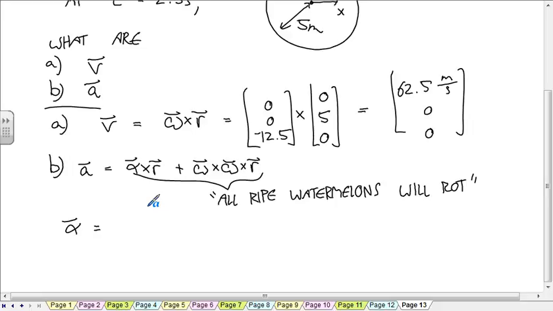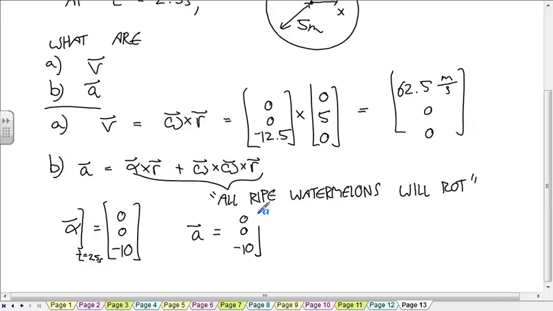And so you get 0, 0, negative 10. That's evaluating this at time equals 2.5 seconds. And so the acceleration is 0, 0, negative 10 crossed with 0, 5, 0